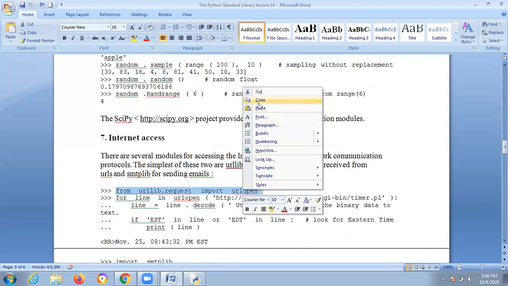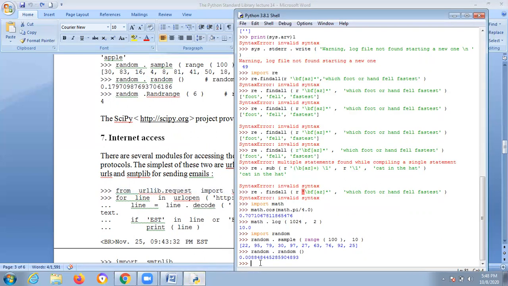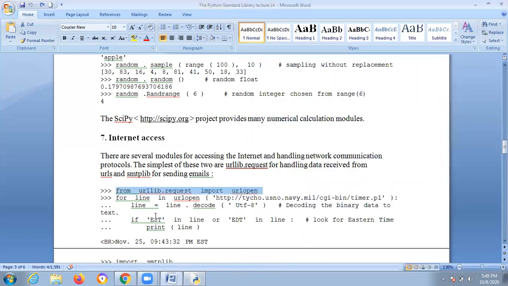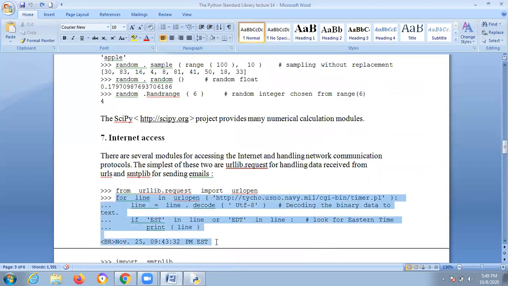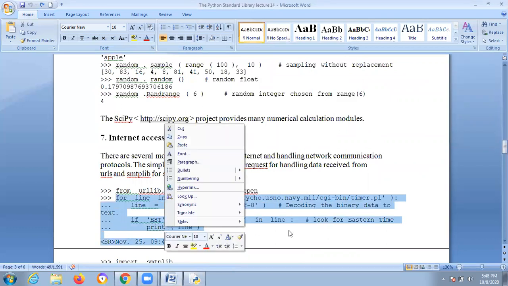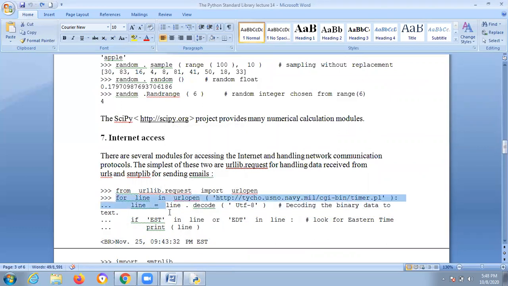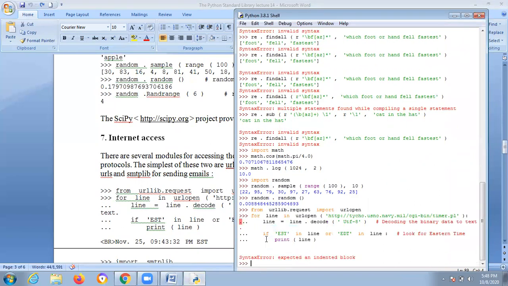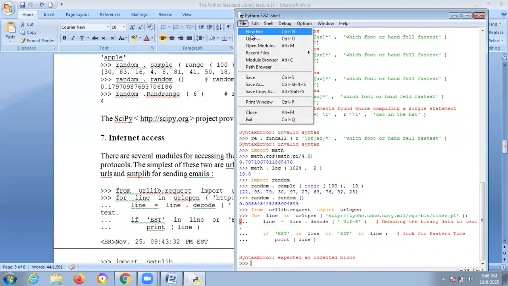First you need to use from urllib import, and for line in urlopen. For example, you run like this. Some space problem. Otherwise, you can run like this also.